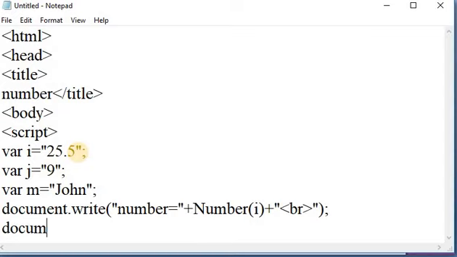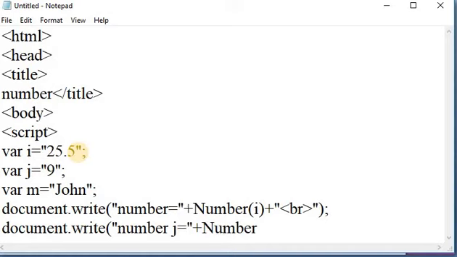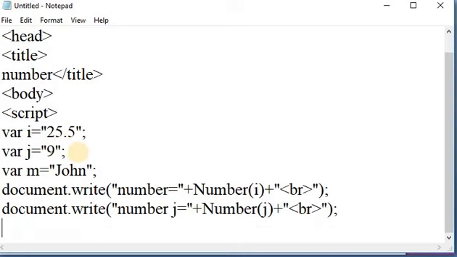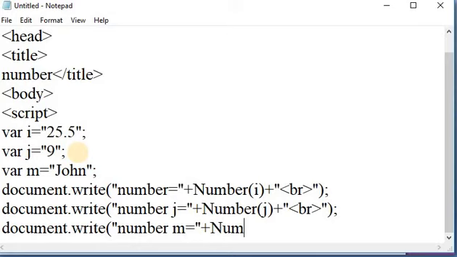Again document.write "number j equal to" plus Number of j. Again write document.write "number of m equal to" plus Number of m.